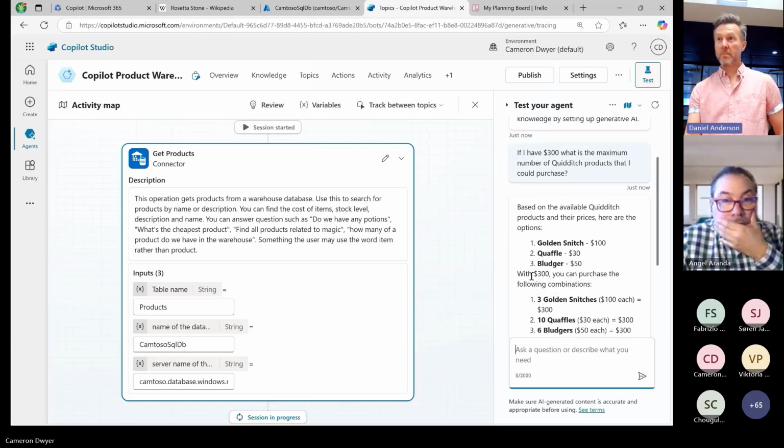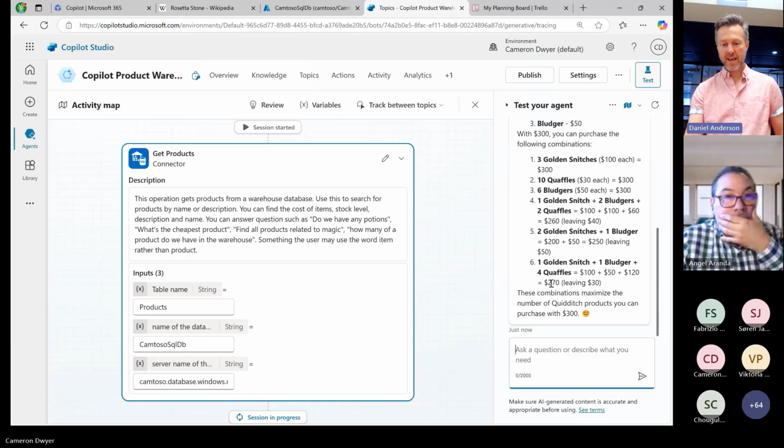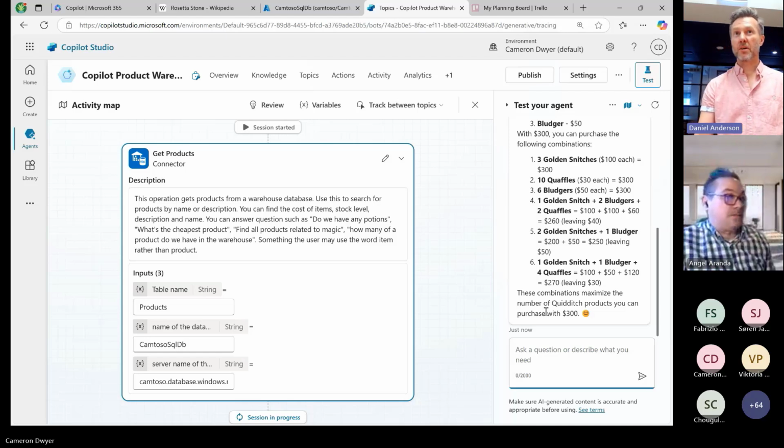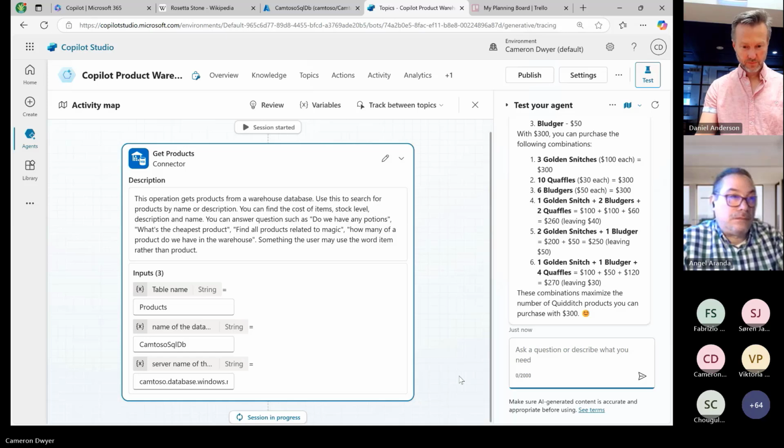Now we're down to foundational models. It's using the power of LLMs to figure out what the cost of it is, figure out all the different combinations, and it's coming down to tell us the best combinations of what we could possibly purchase. So pretty powerful. We're now interrogating in real time that external system. If those values change, it's going to be interrogating that as we talk. So pretty powerful, given that all we did was give it a description of what it could do, and we gave it the connection details to a table inside of SQL. All right, so that is far more powerful than what we're seeing once we ingest data through a graph connector.